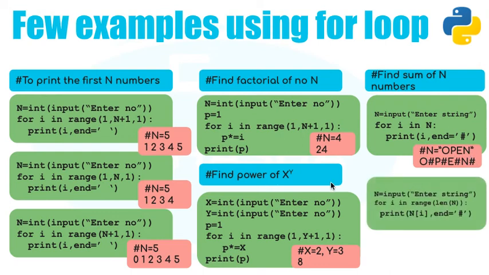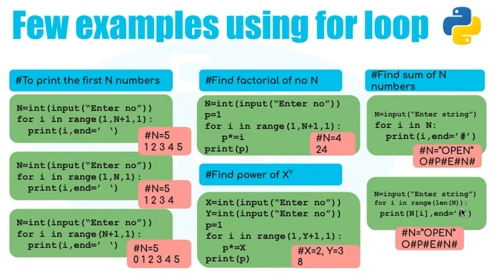Similarly, if I would like to print using the range function, I have to use the len function also to find how many letters are there in the string. Okay, so if there are 4 letters, my starting value will be 0. As you know, when we are not giving the starting value, my ending value will be 4 and the step value will be 1, and this is how we are going to use this. Okay, so that's something which is again interesting.